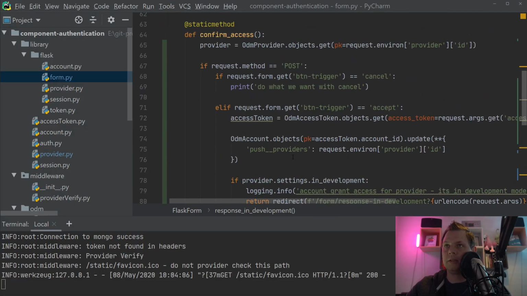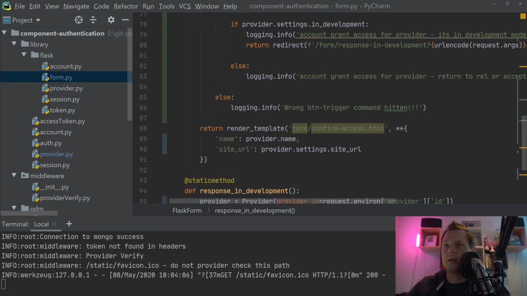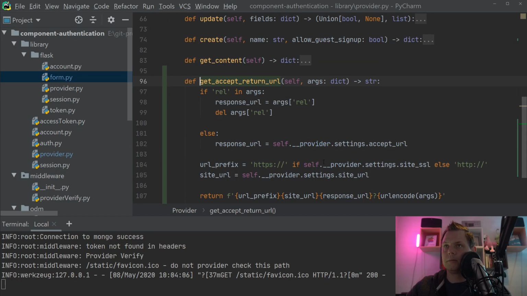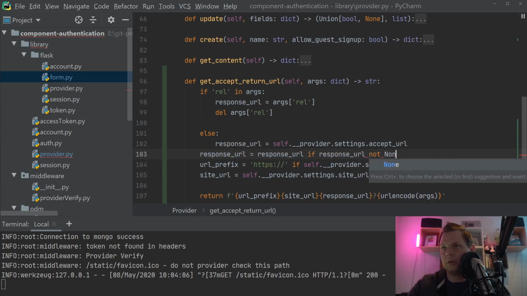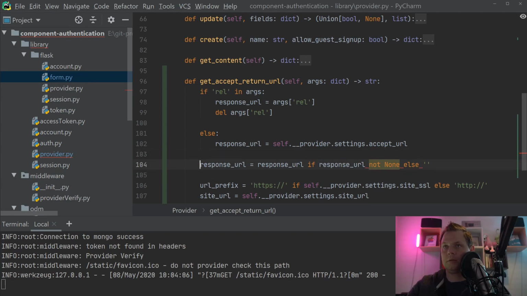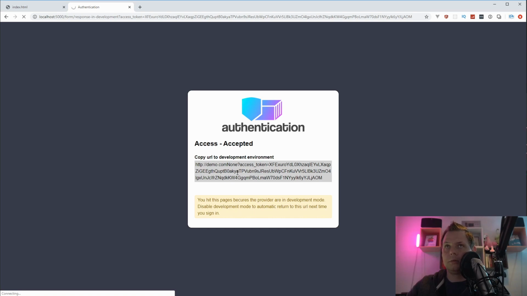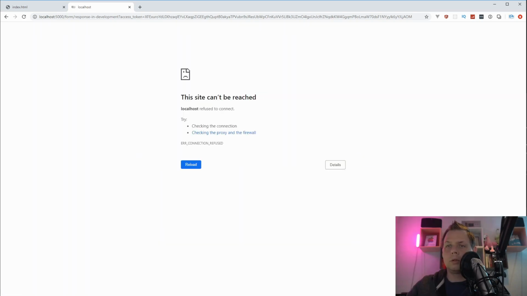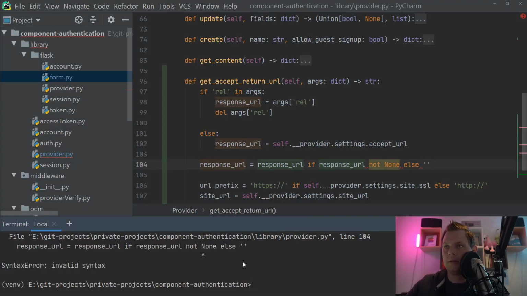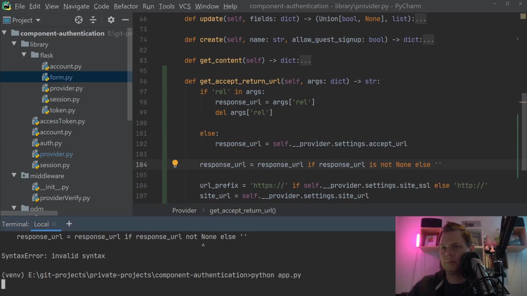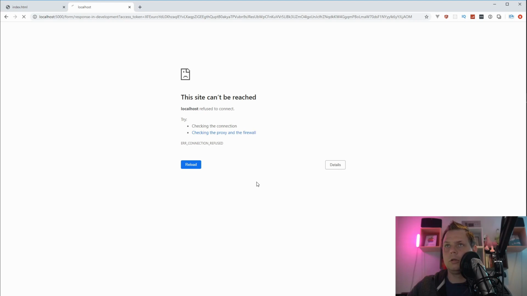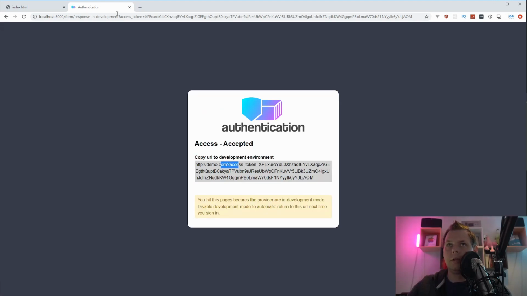That means we don't have anything, and I can just say this one. Yeah. If not none else, and here we go. It should go away now. Okay, we have an error. It's not none. Then we are going up here, and yes, if I'm going up here to say